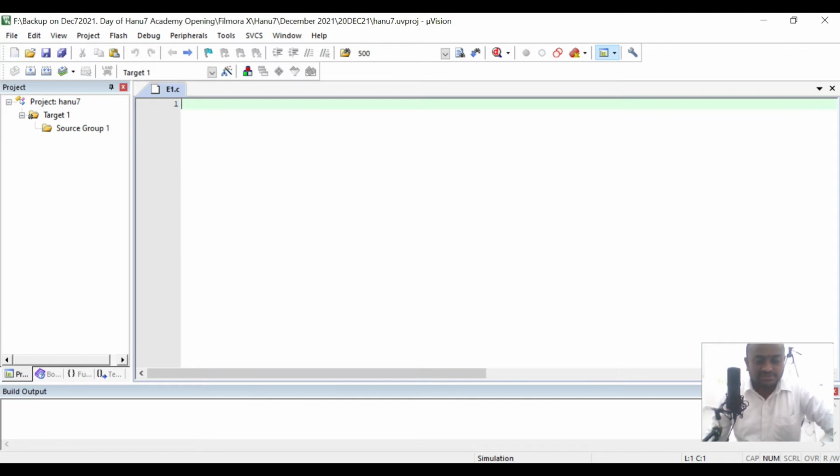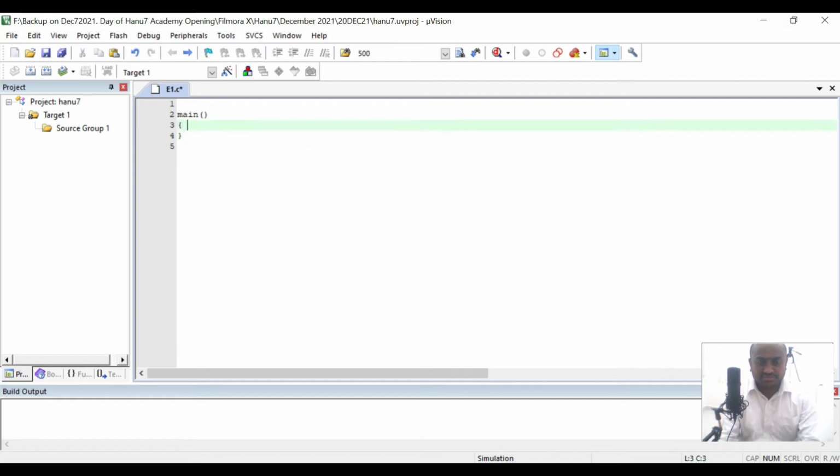In order to write a program, you should know the prerequisites. If you want to write a C language program, you should know at least that it should have a main method, and it should include a library. Let me write that main method first. Main, see the colors are coming. As soon as I write main, immediately you have to open and close the braces.